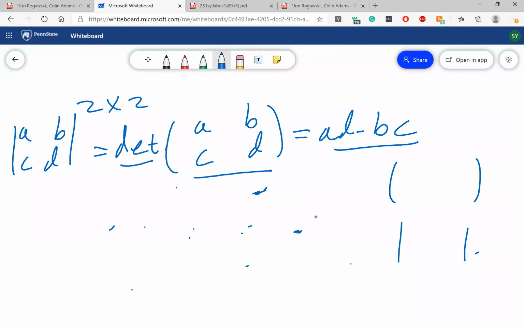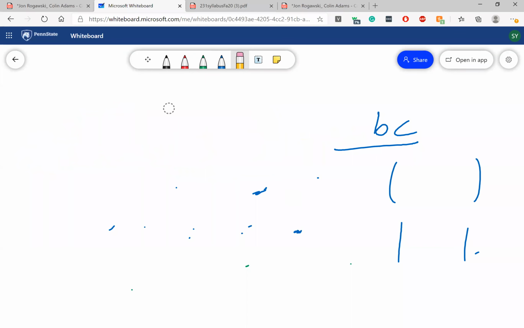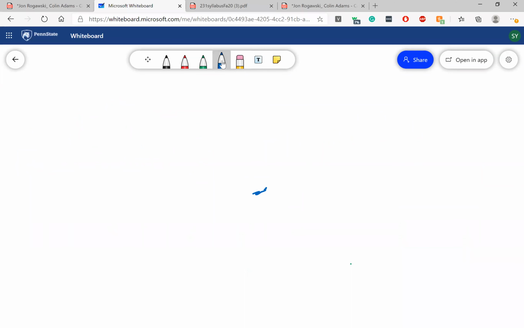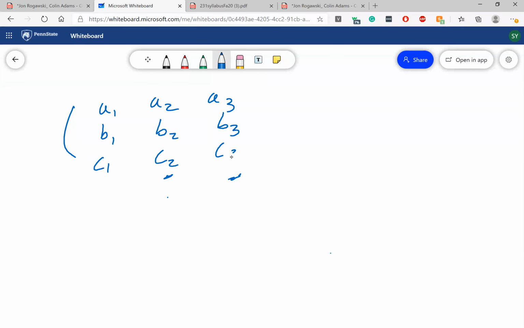Okay. So now let's try to look at the determinant of a 3 by 3 matrix. If I have a 3 by 3 matrix, let's call this A1, A2, A3, B1, B2, B3, C1, C2, and C3, and I take its determinant, then this is going to be